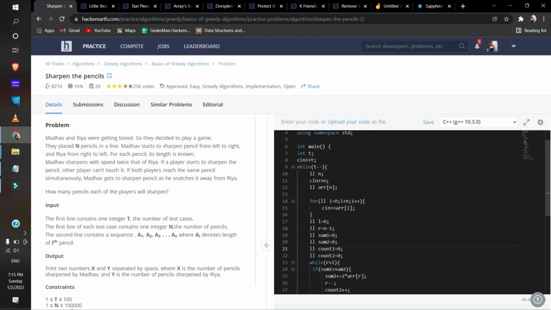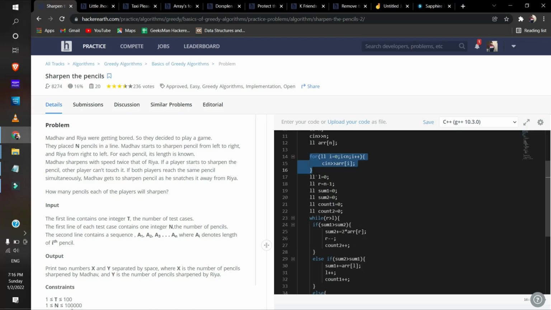So look here. We input the array, and we start with left as 0 and right as n-1, with sum1 and sum2, and we have to output the count.